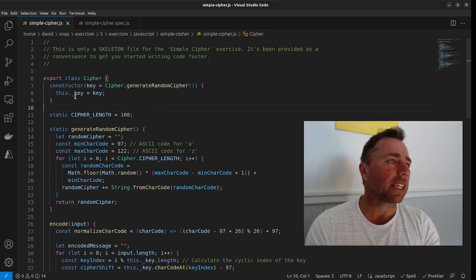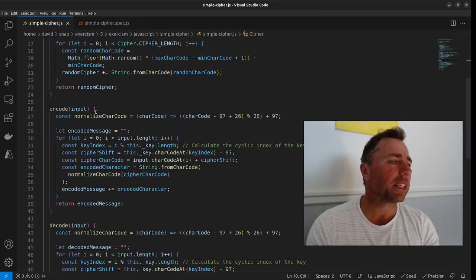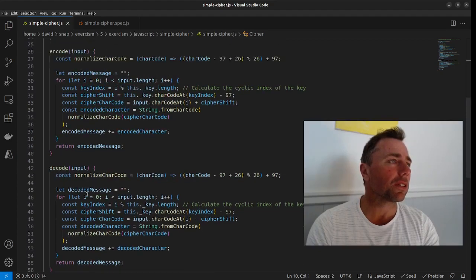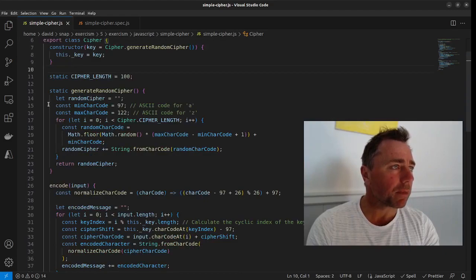I assign the key to this, I think it's called a getter, to make it a little bit less available for tampering. I think it's more secure to do it this way. It does mean that later on I have to include this method for getting the key and retrieving it from this underscore key. We'll just skip over for now the way I generate the random cipher. But